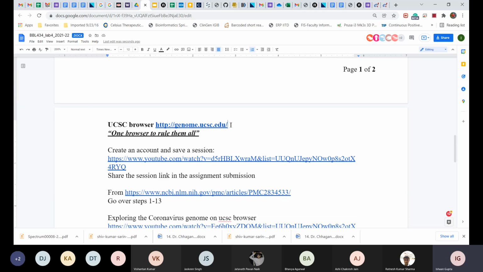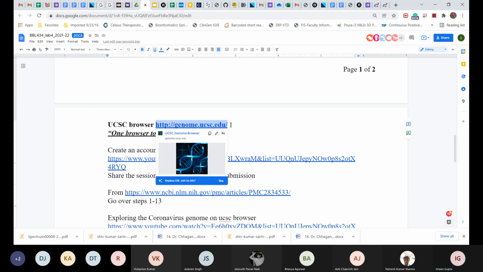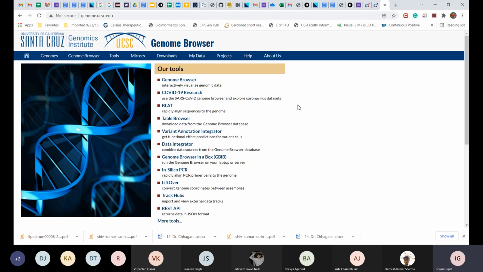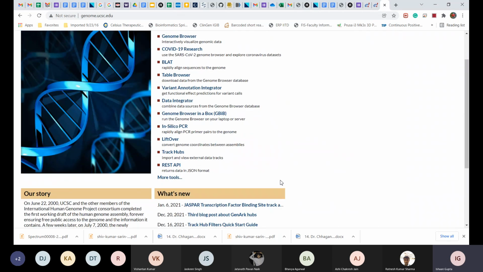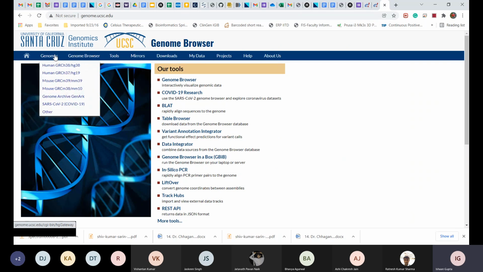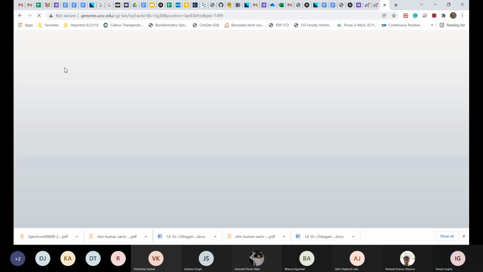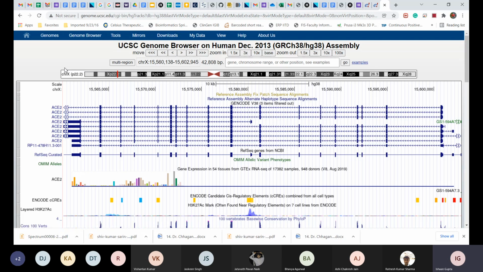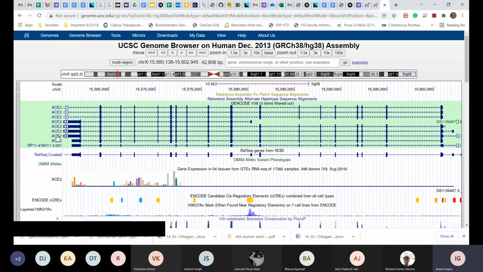The third set of questions are to do with the UCSC genome browser. So you go and open this and you will be redirected to the genome browser. All right. And specifically, you can look at the genomes in the genome browser. Let us say I go to the human genome. It's going to take some time. And now you see that very interestingly, it shows you the ACE2 gene, because a lot of people must be